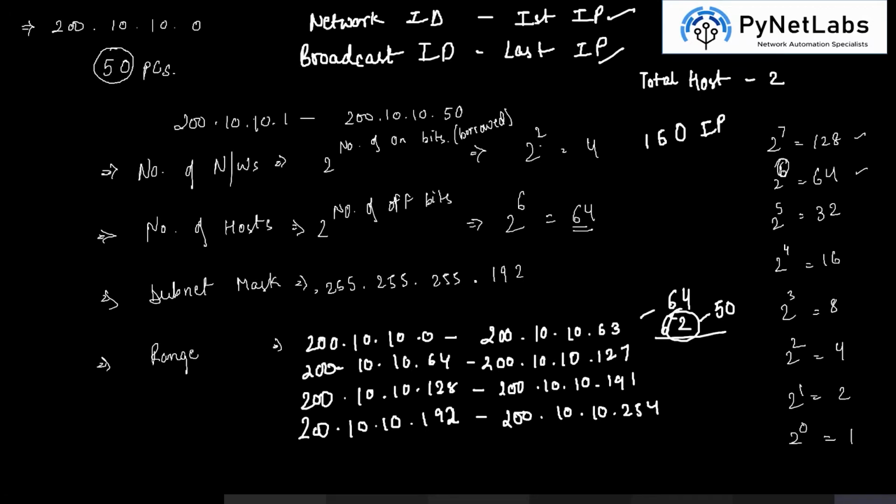So what I'm trying to say here is when you add 64 to 0, you get 64. But the actual IP count will be 65 because 0 is also being included in the range. So similarly, the same thing is happening here and here and here also. Thanks, Shubham. So now let's understand the same with a requirement of 100 PCs.